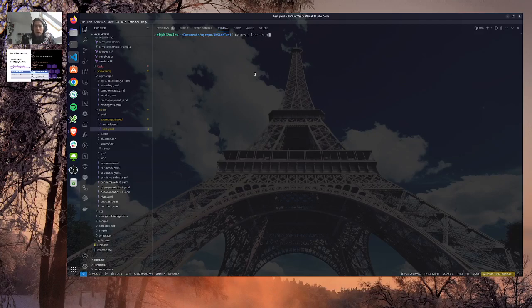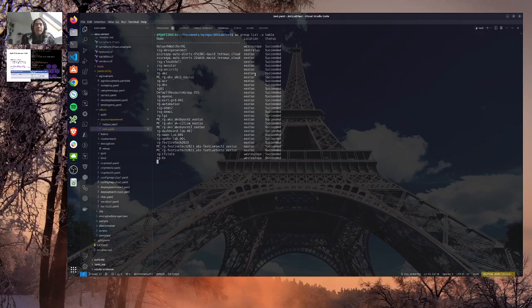Let's list them. Okay, so I have a lot of groups. Let's just show the one I want to get, RG Festive Tech. I will zoom a little bit because this is a bit small.